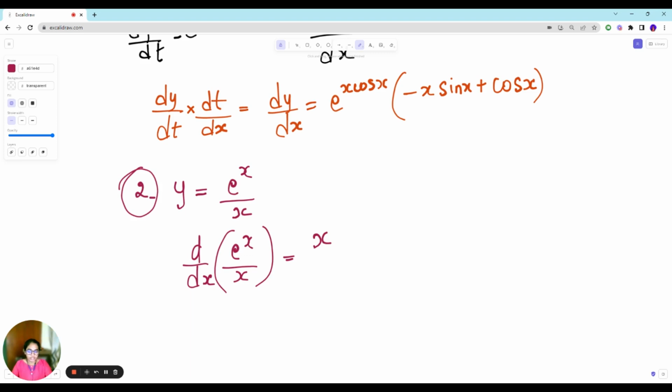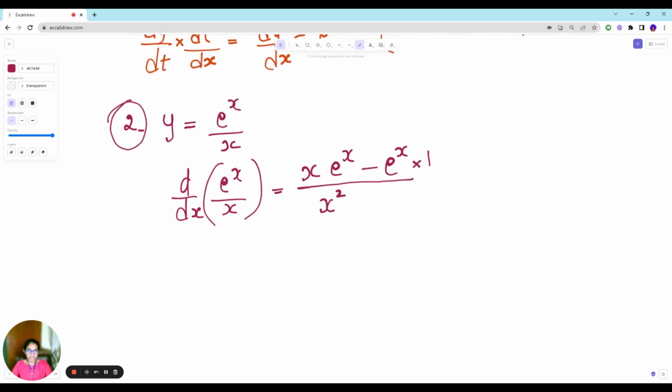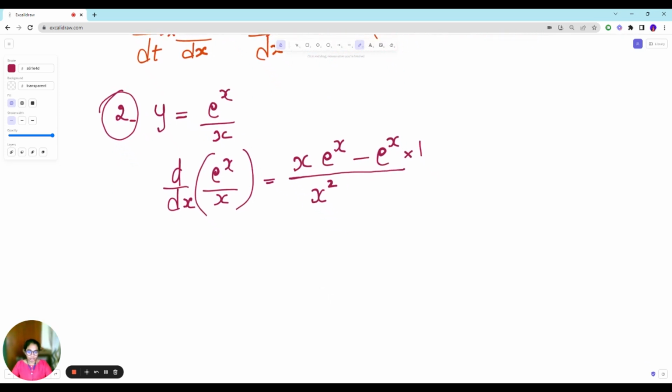What is the differentiation of e power x? That is e power x itself, minus keep the numerator as it is, that is e power x, into differentiation of x with respect to x, which is 1, divided by denominator square. This is our quotient rule. So this is equal to, if I take e power x common, x minus 1